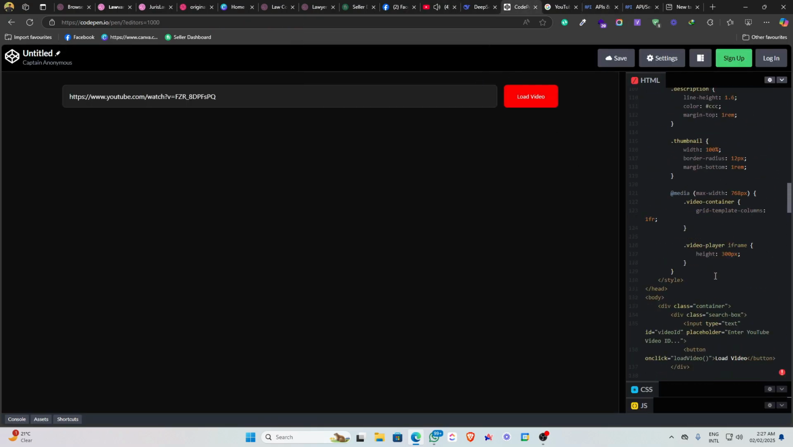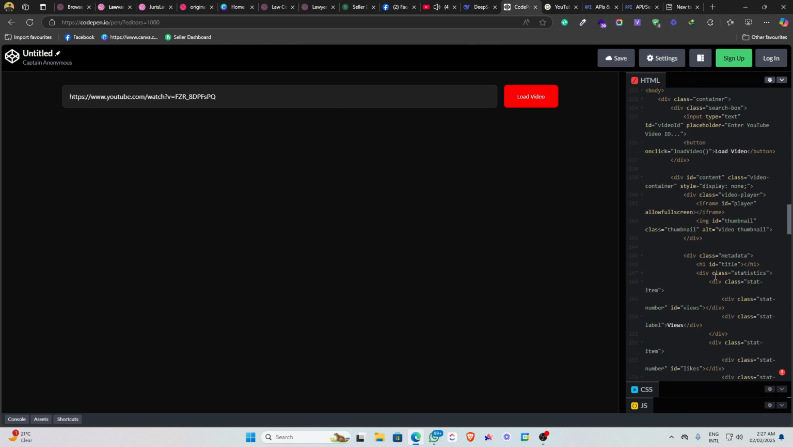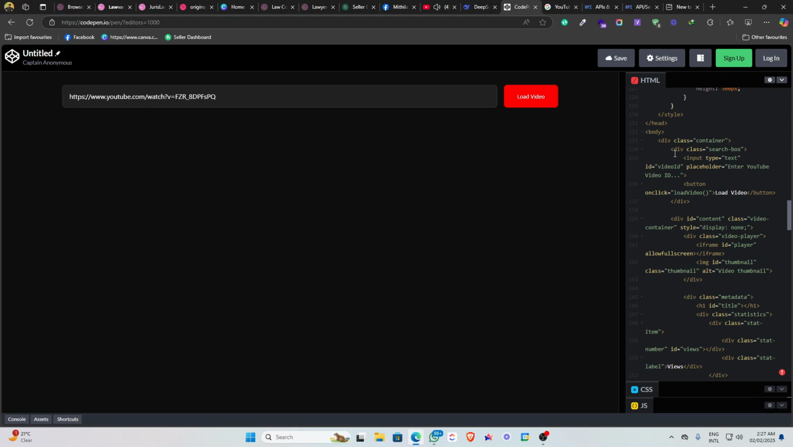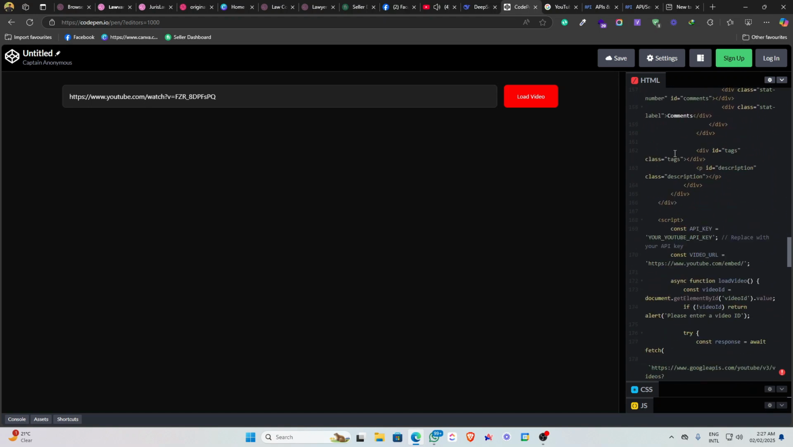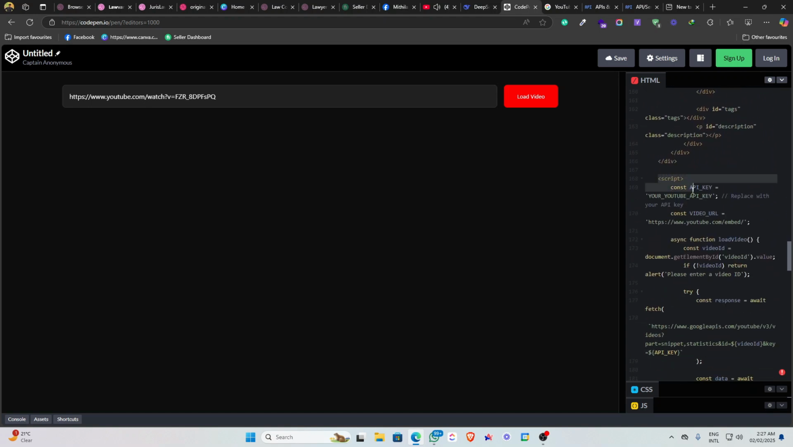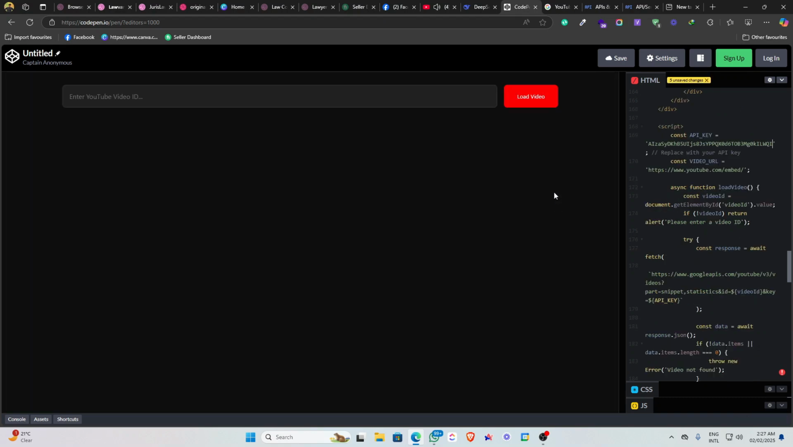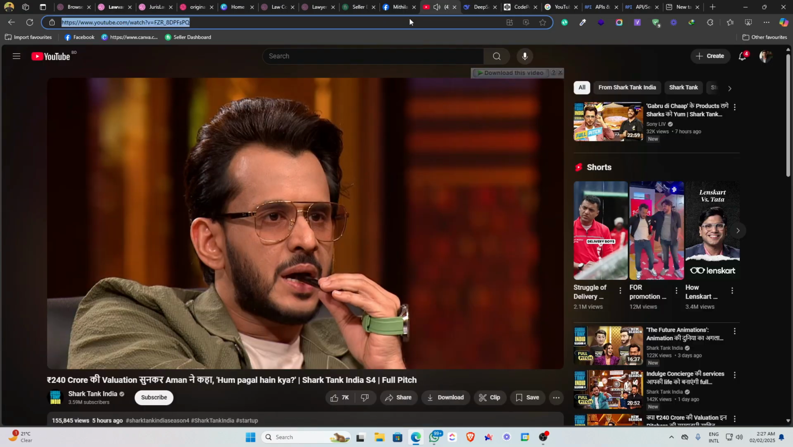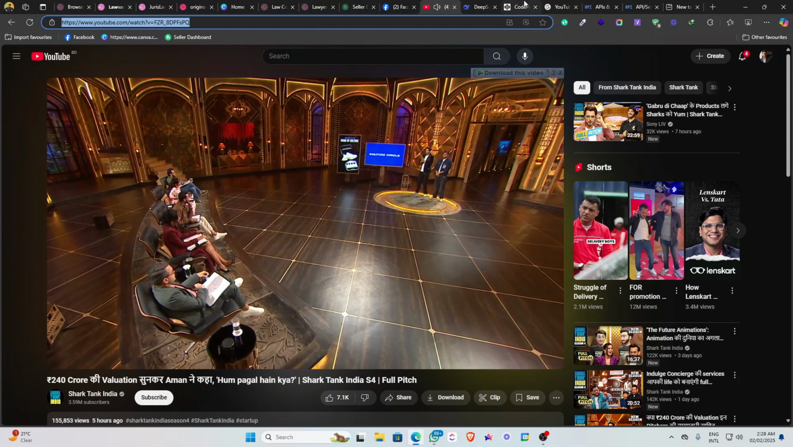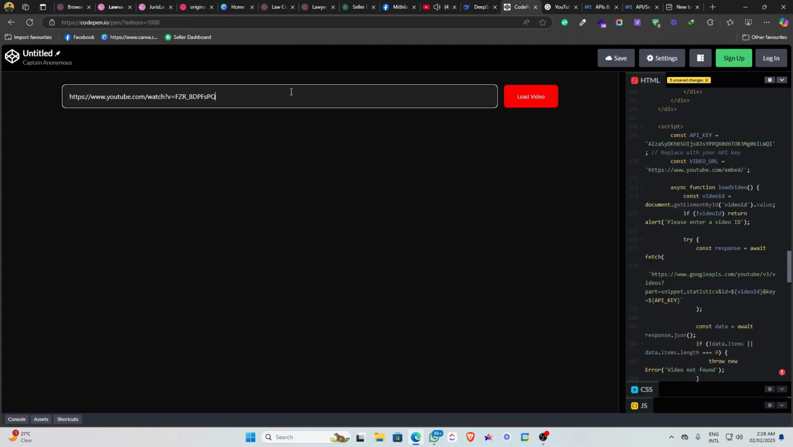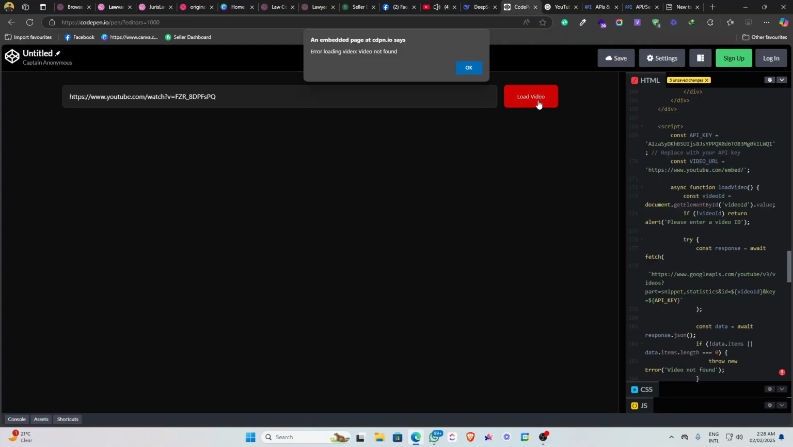And then we have to find out the option to paste our API key in this code. So I'll just scroll down a little bit, and here under the script section, you can see that API key and your YouTube API key. So I will paste our YouTube API key here, and we'll wait for a little bit so that it will update the code. And if I copy this YouTube link and paste it here and click on load video,